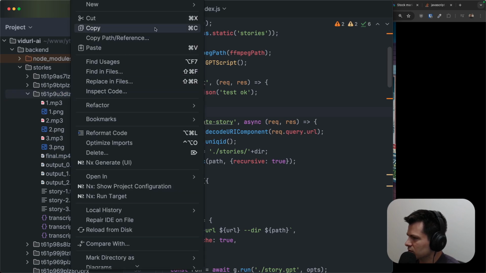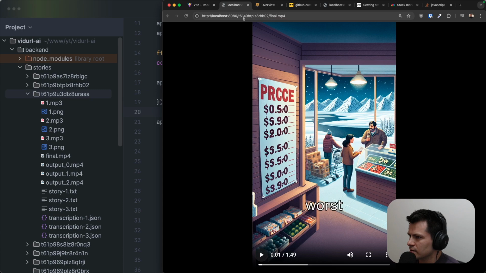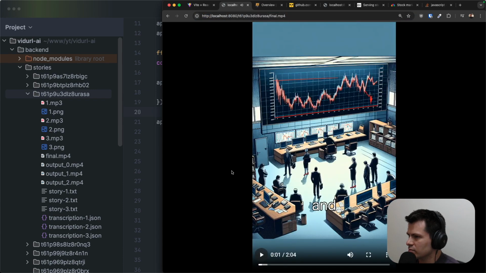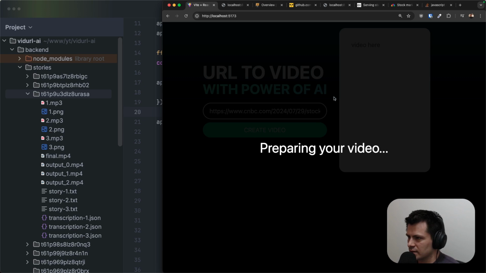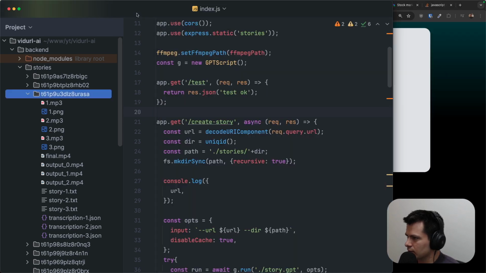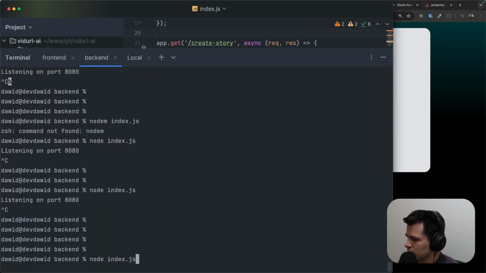Let's copy this path and let's try again. Now it worked. So something was wrong in the previous path. I don't know. Let's try to run everything once again. So let's restart